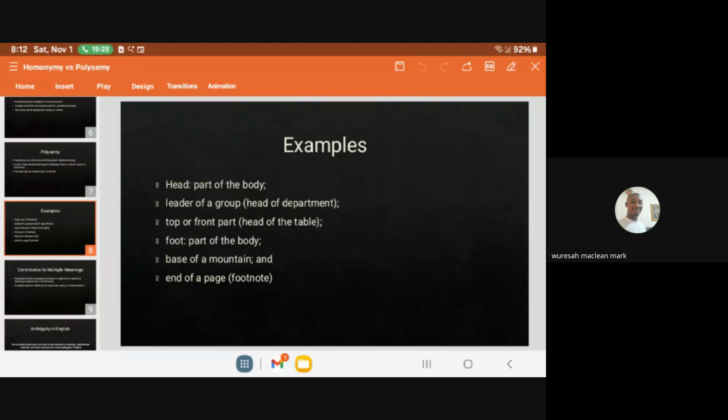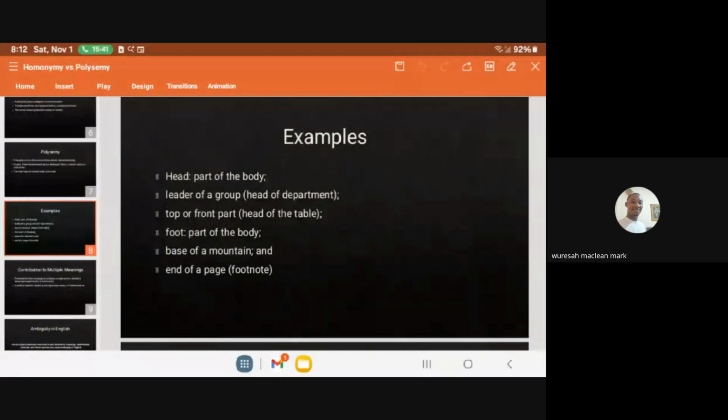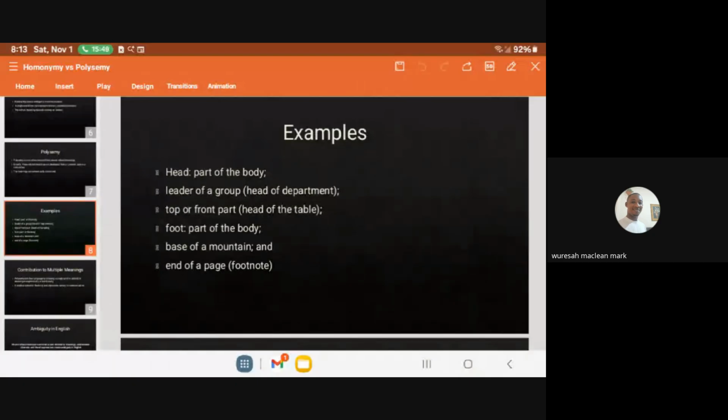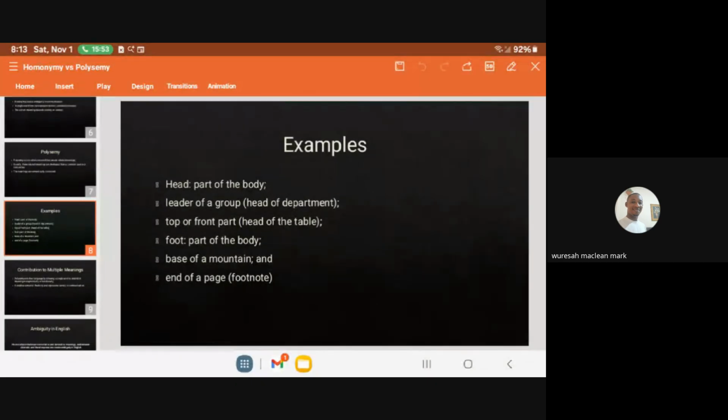So when you mention foot, it is a part of the body, maybe at the base or at the very lowest part of the body. Then we could also use the same foot as the base of a mountain. That is at that point where the mountain touches the ground. And then even we could use foot at the end of a page. That is footnote. So you can see that when you take head,